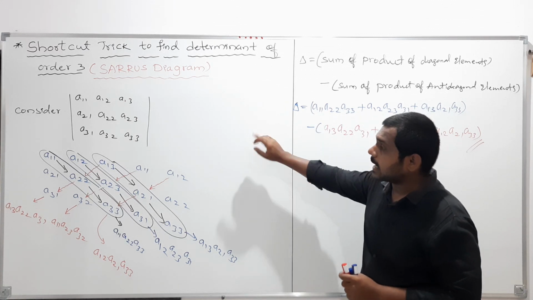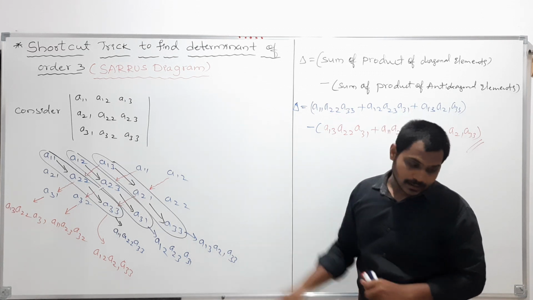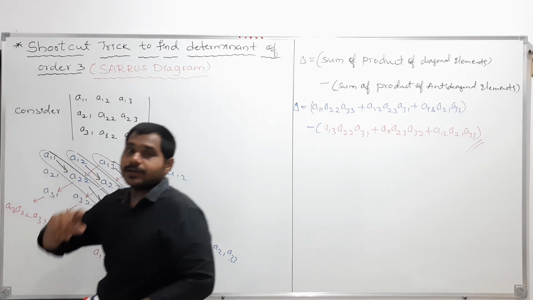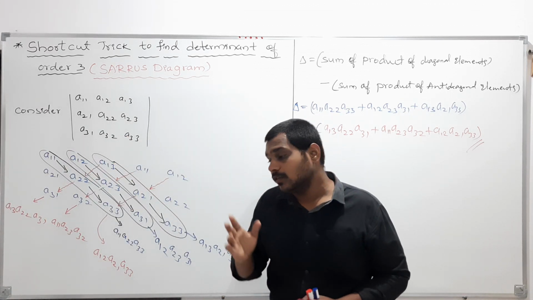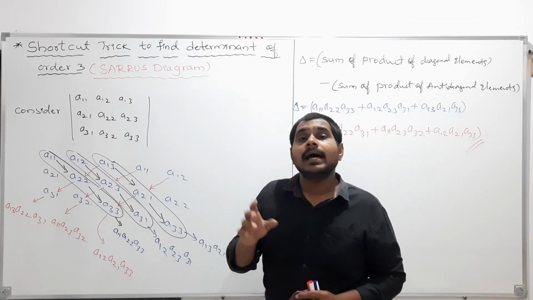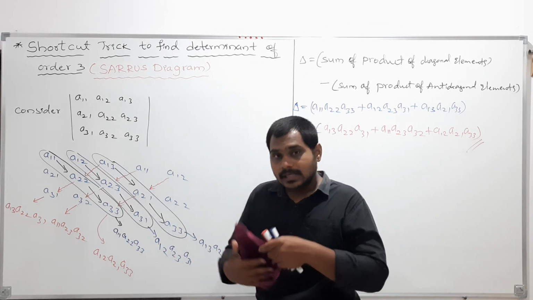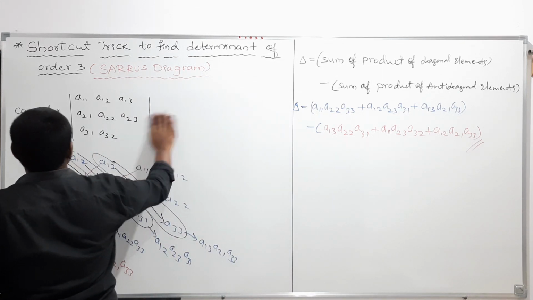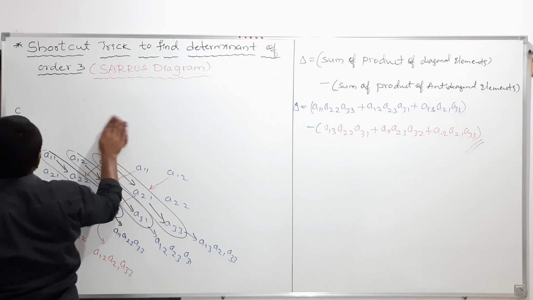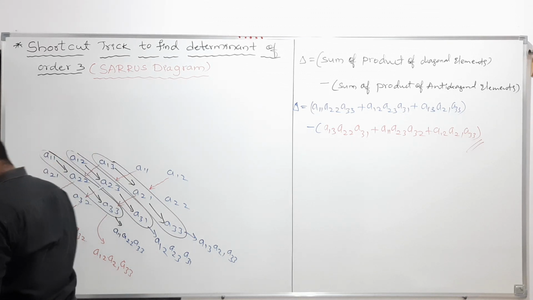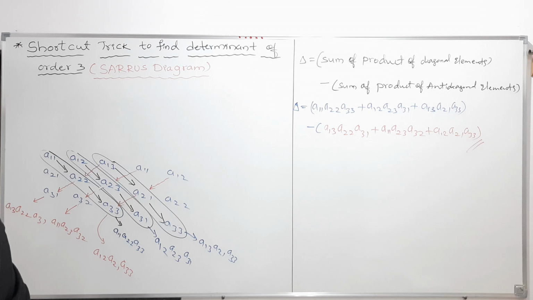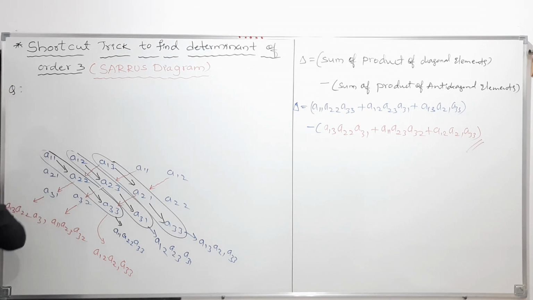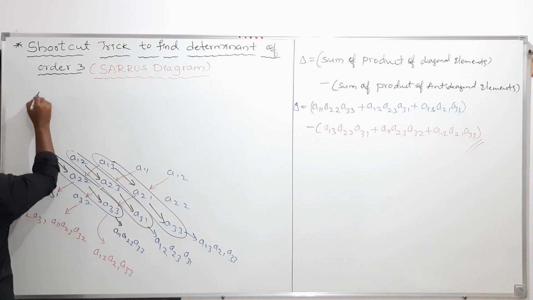And next, I'll take one example of how to solve this. Clear? So already I discussed one example in the previous video. I solved that one, and I even got the value. So the same example I am taking here. Find the determinant. The given determinant is: evaluate. Take it as the question.